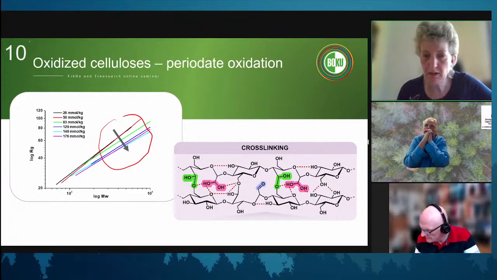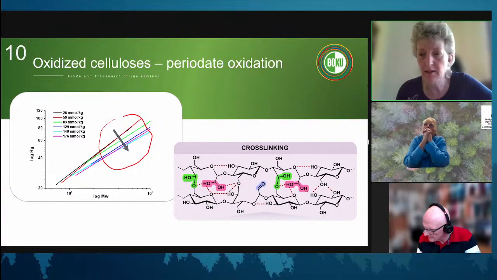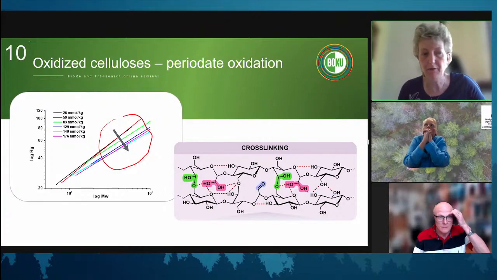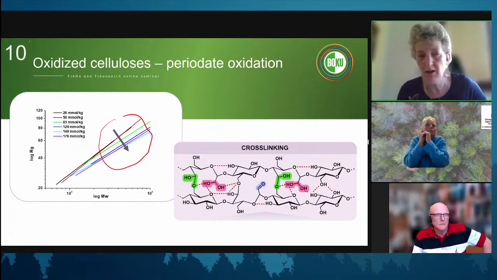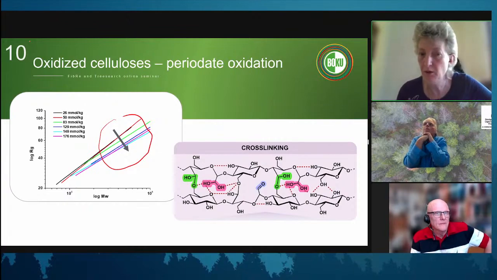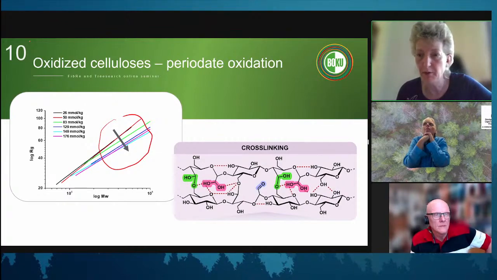In principle, it's possible to run SEC under high temperature. There's even, for certain polymers, a high temperature option. I think what you refer to is just to use maybe 80 degrees in the column oven. Exactly. But then you have to consider that your autosampler is not at 80 degrees. So you basically have a sample solution. You can heat that up, but it will cool down whilst in the autosampler.